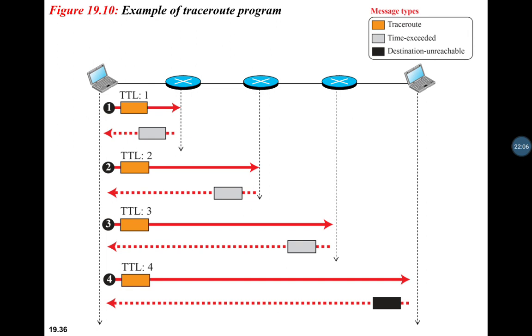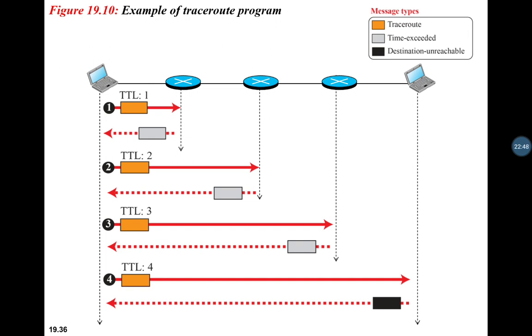Traceroute, or the trace route program, does this intentionally because it wants to know the IP address of the routers along the path. It sends TTL with the values incremented to each and every router, and when the router decrements that value of the TTL, it becomes 0. When it becomes 0, it reports with the error reporting message, and from that IP address the source can get to know the router IP address, so that the path can be traced. So all this is done intentionally.